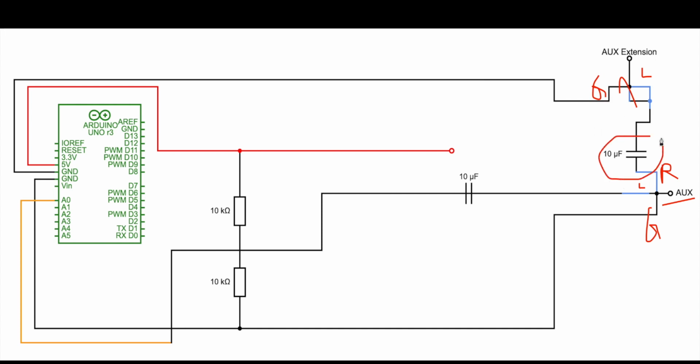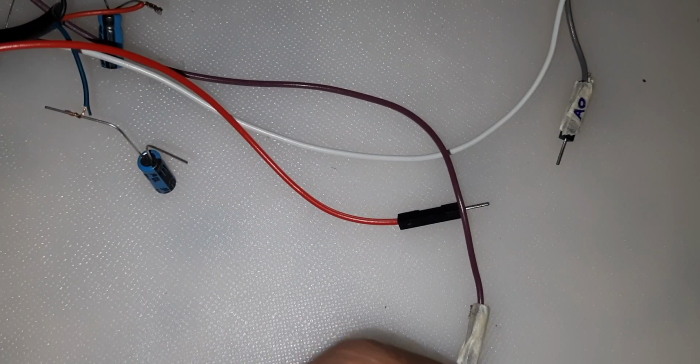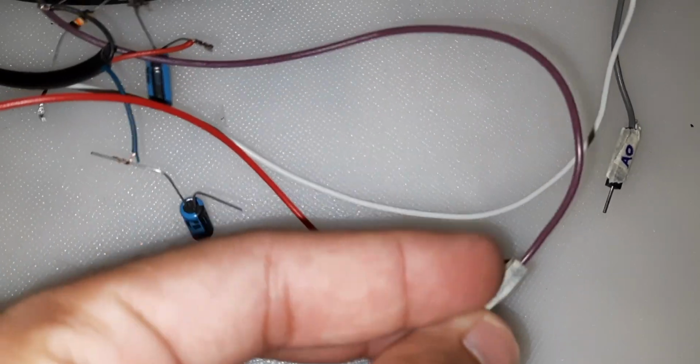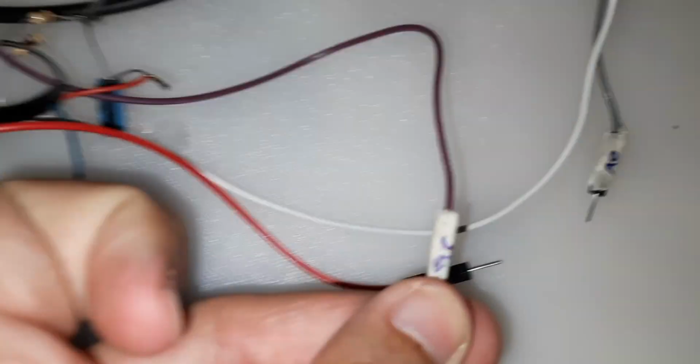Hook up a 10 microfarad capacitor here also. This capacitor will do a great job of reducing that 5 volt current and not passing it here. In the real world, it looked like this, and this is the proper circuit.